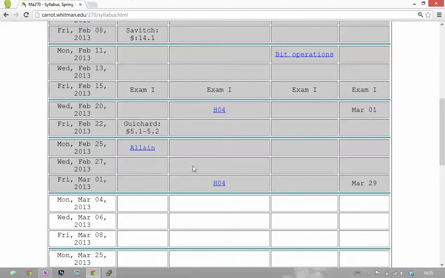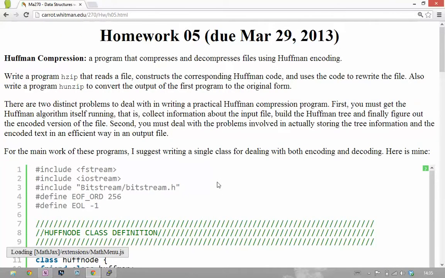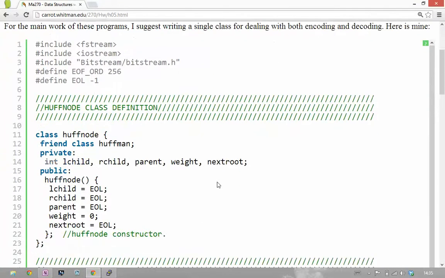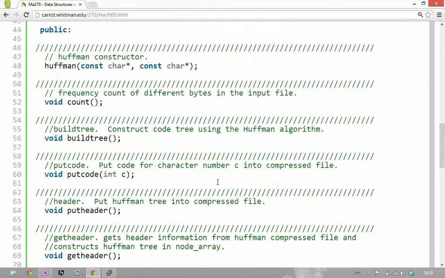Where is homework 5? It's a typo? Yeah. Okay. Down at the bottom here,